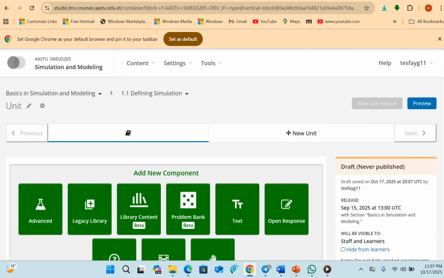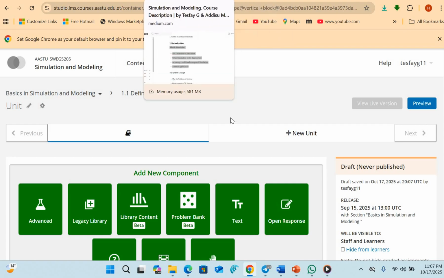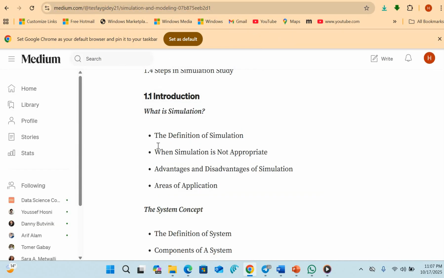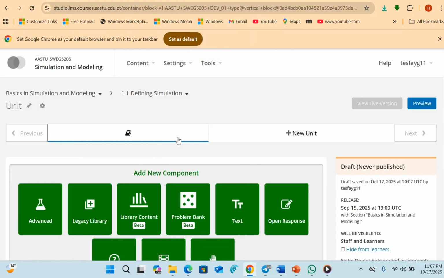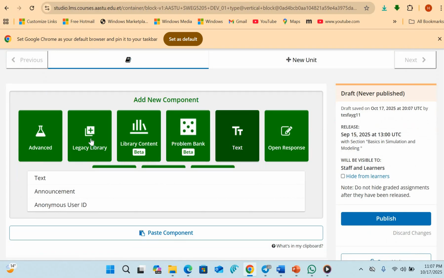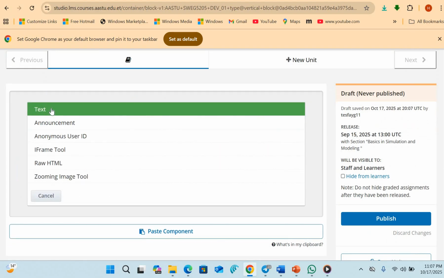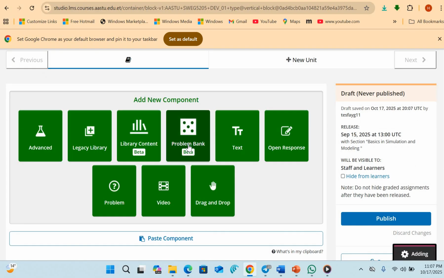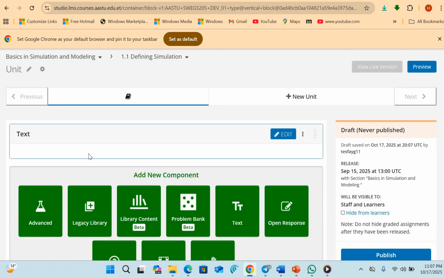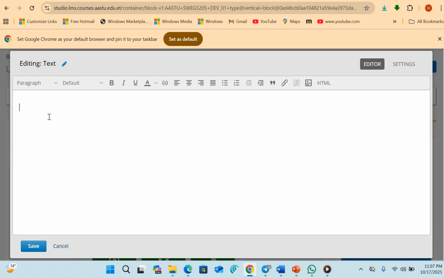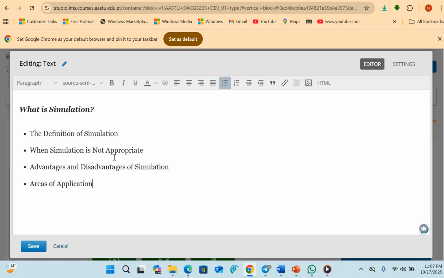So, for example, in my case, I have this material, which is the simulation. I want to pick this as an introduction: what is simulation, for instance? So right now, here under that unit, I pick text, which is the one component I add. Then this is the text. And then you go to this edit button, and then automatically you paste it. So you save this. But before saving